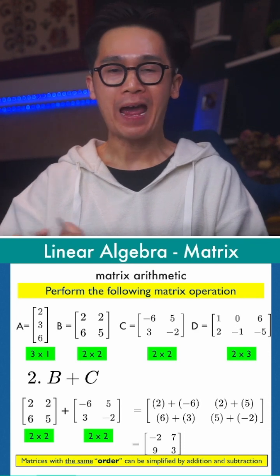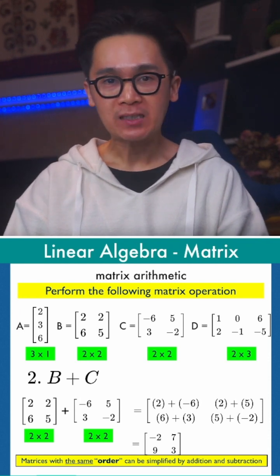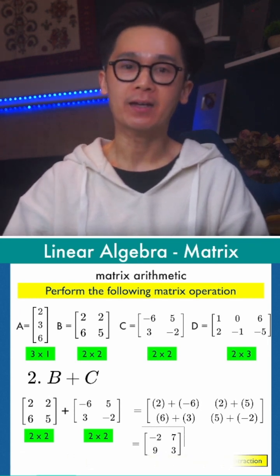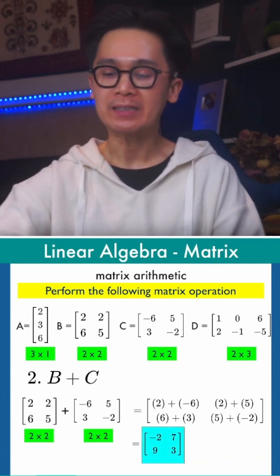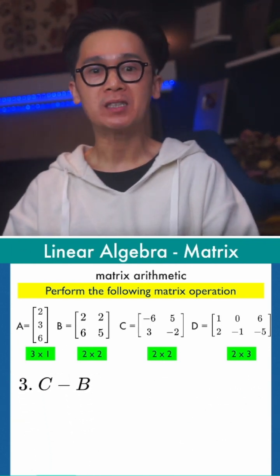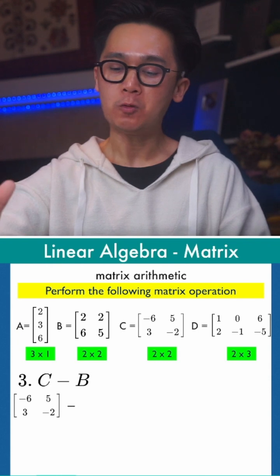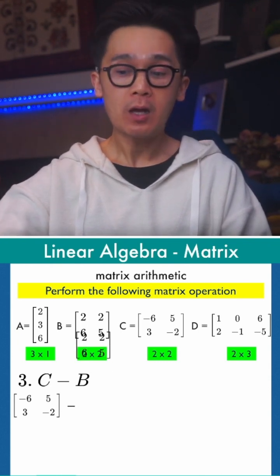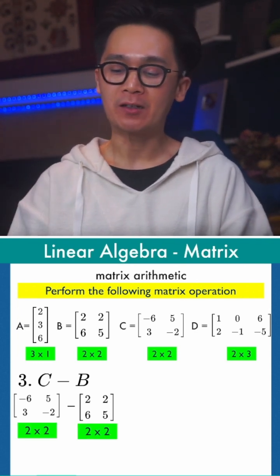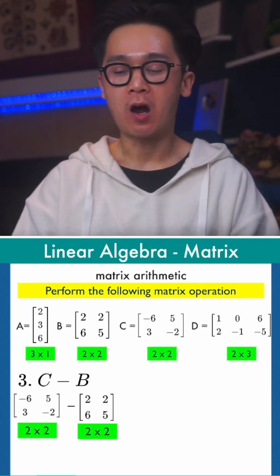Just remember that when you're adding or subtracting matrices, their order needs to be identical, or they need to be similar, so you can combine them by the operations of addition and subtraction. So this is the sum of B and C, and let's go back to our examples and proceed to problem number 3, which is C minus B. So we have matrix C, which is -6, 5, 3, and -2, and B, which happens to be a 2x2 matrix. So when this happens, a 2x2 subtracted with another 2x2 matrix, knowing that the orders are the same,